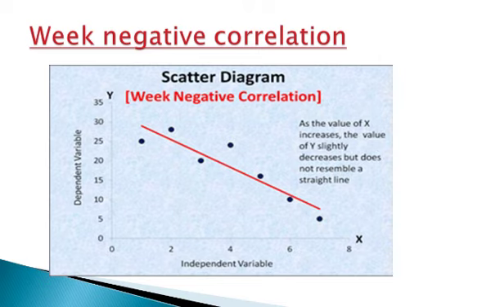Weak negative correlation. There is a direction to the way the points are lying, but they are not tightly packed around the line of best fit. As the values of x increase, the values of y slightly decrease, but does not resemble a straight line. Hope you all understand what is a scatter graph and